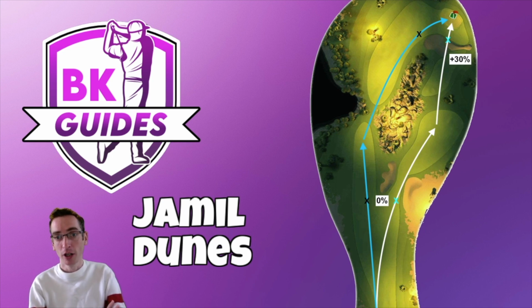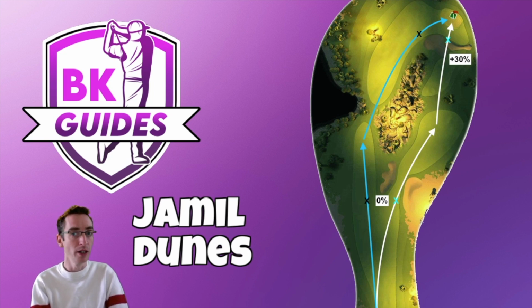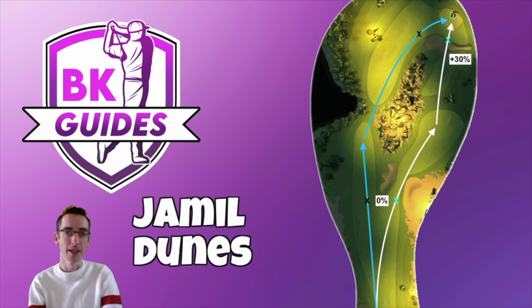Going to be a mixture of spins depending what the wind is doing, but you will need right spin and you will need right curl to get round the shape of the fairway there and just get it safely to the green. Downhill for the second shot as well. I've not really specified an elevation here because it does vary, but I play minimum 10% and most likely 20%,